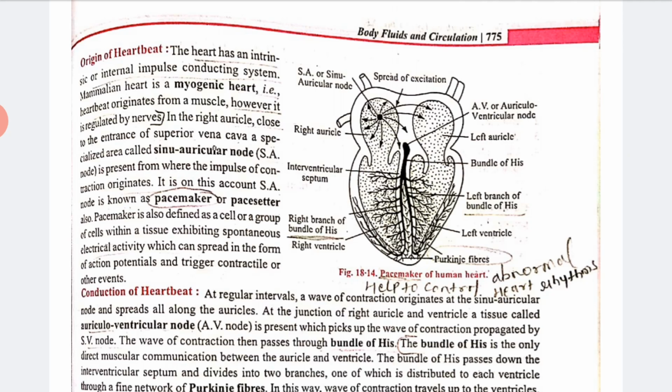A pacemaker is also defined as a cell or a group of cells within a tissue that spontaneously exhibits an electrical activity, which can spread in the form of an action potential and trigger contraction or other events. Clear? So this is about where the origin of the heartbeat occurs. Okay, now